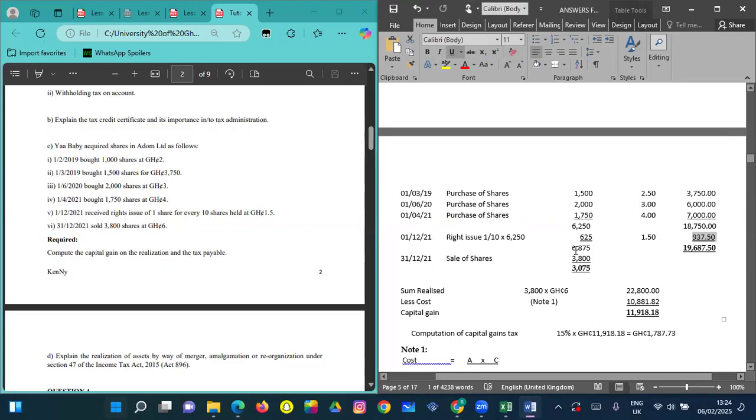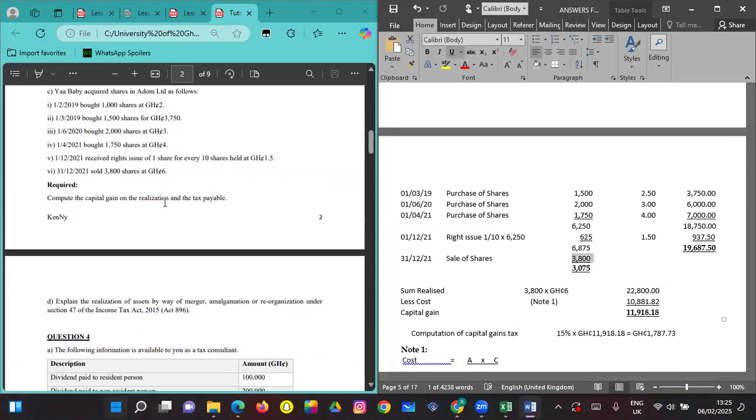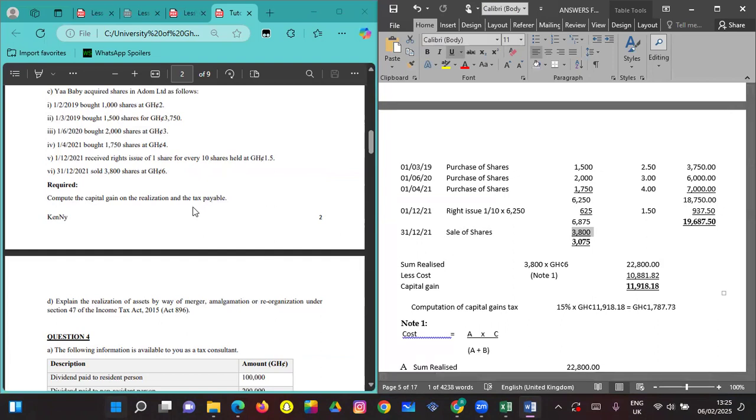This will be our total share, total value or total cost. And then they sold 3,800 shares here, at 6. Now they've even given you the price. You don't have to divide anything again. Since they've given you the price, that's what you are going to use. So now the sum realized, or the amount you sold the assets for, is going to be this